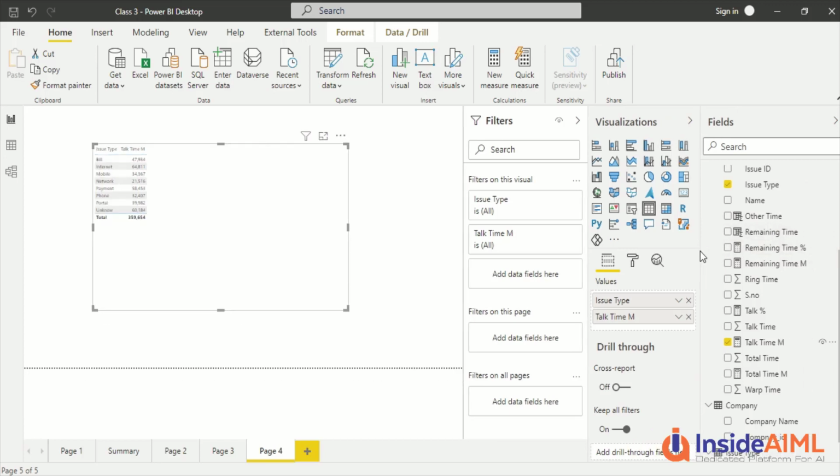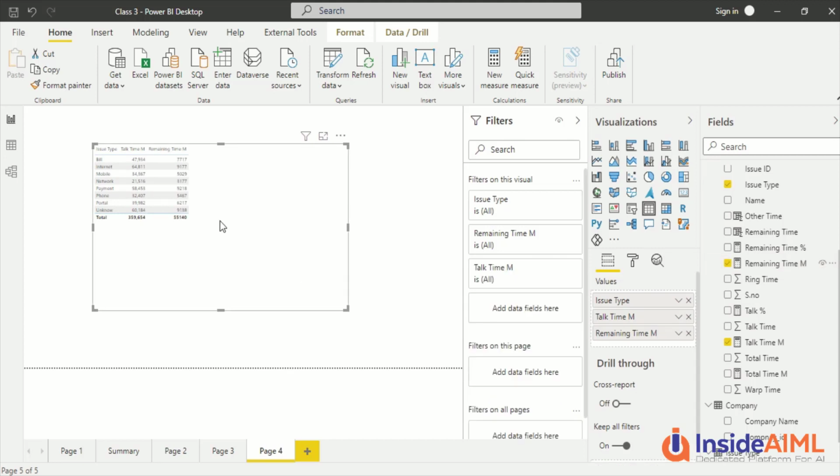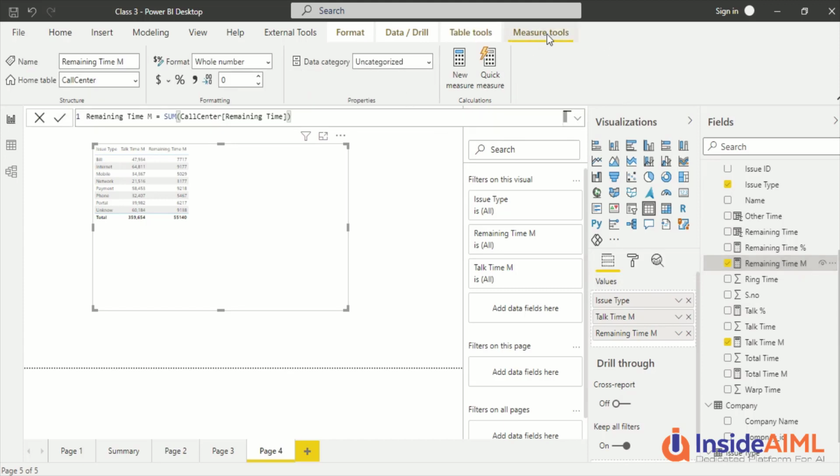So now we are not able to see, so we make it a little bit bigger by dragging it. Now the formatting is not correct out here, so we need to add the 1000 separator. Click on this. This is a measure, so go to the measure tool and click on the formatter. Now again the size is a problem, so I'll teach you one more option.